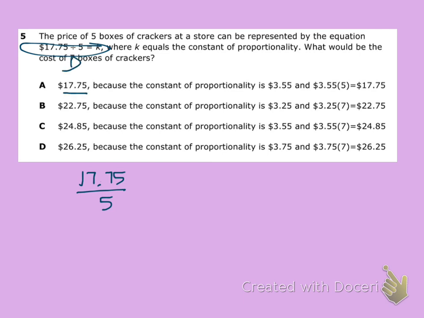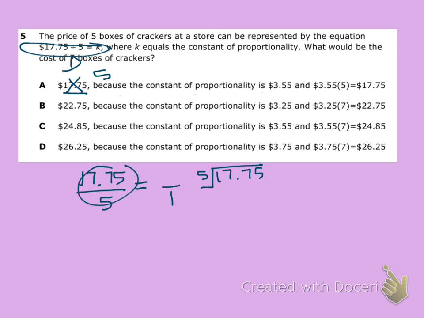Well, $17.75, because of constant proportionality, well, that's how much 5 boxes are costing. That's not what the question's asking for, right? So we want to say, well, what is it per 1 box, right? So in order to figure out per 1 box, we just divide this right here. So $17.75